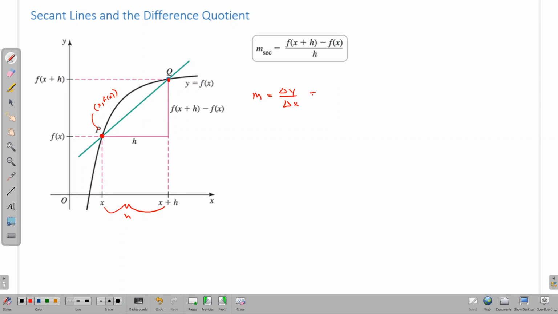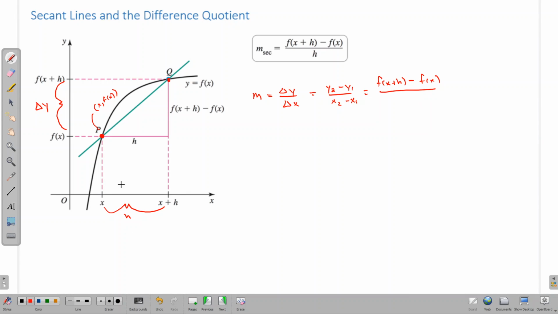Delta y over delta x, change. In other words, it's y2 minus y1 over x2 minus x1. The change in y over the change in x. So this right here is our change in y, the delta y. We need to subtract these two y values. So we do f of x plus h minus f of x, and then we need to do